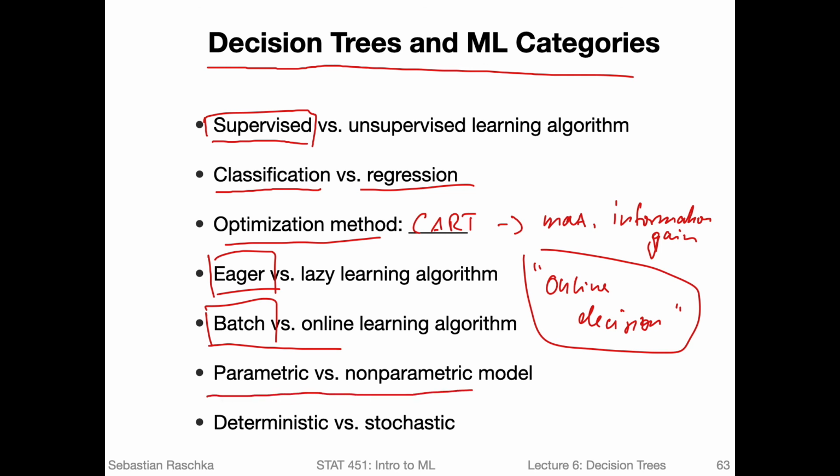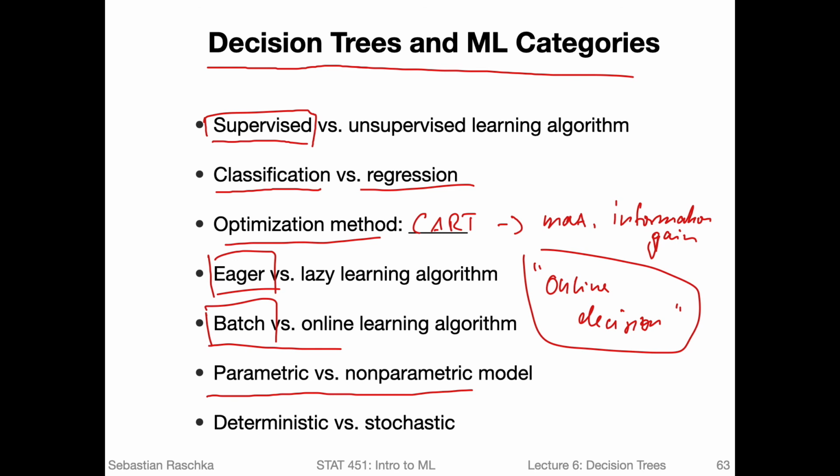So then we have parametric versus non-parametric. Parametric means that it's a fixed size model with parameters that we update. For example, in linear regression, we have weight parameters and a bias. The weight parameters are the model parameters, and there's a bias unit, which is technically also a weight parameter. It's basically the intercept term. And we learn these from the training data, but the number of parameters is fixed. So we are just updating the parameters of a parametric model.